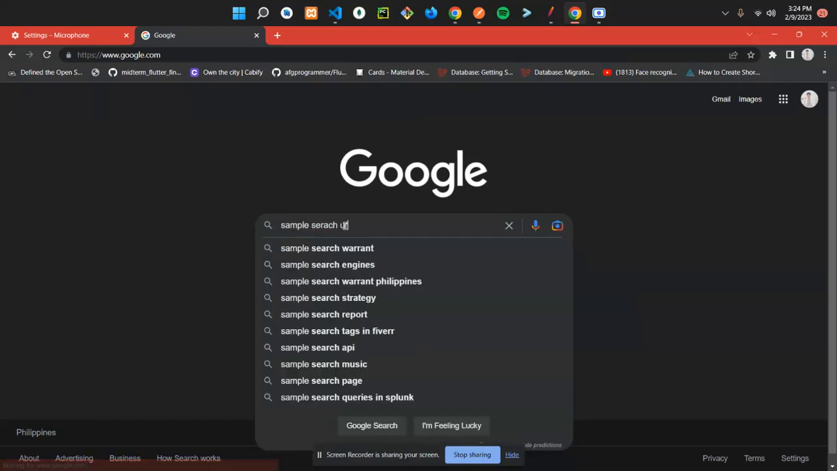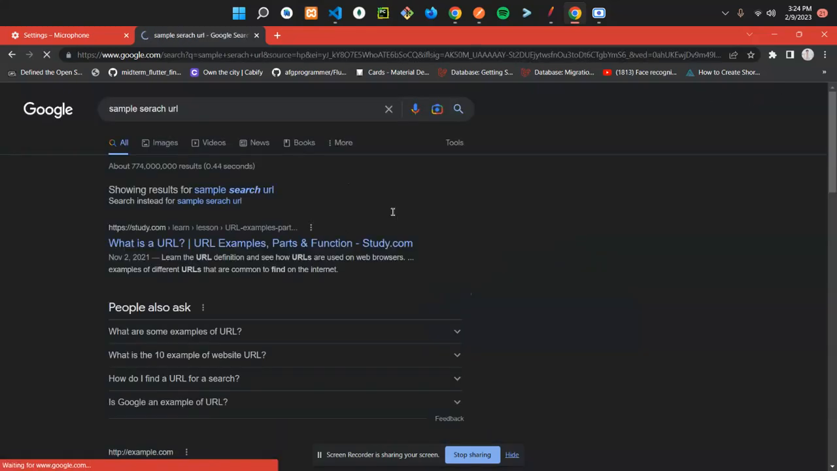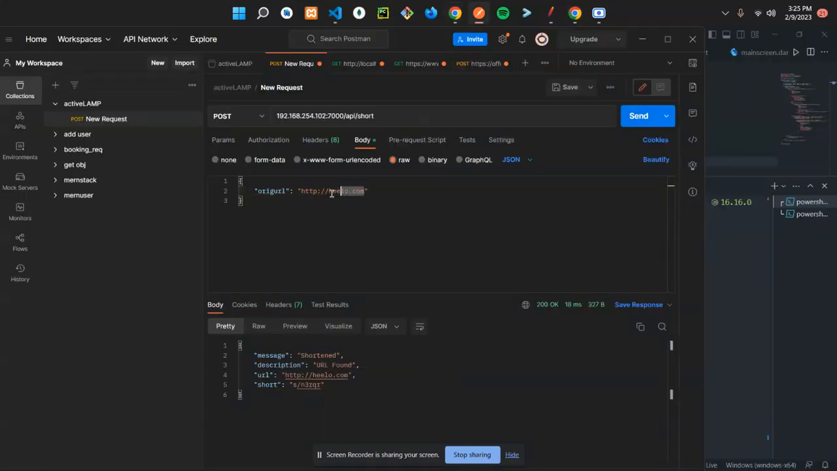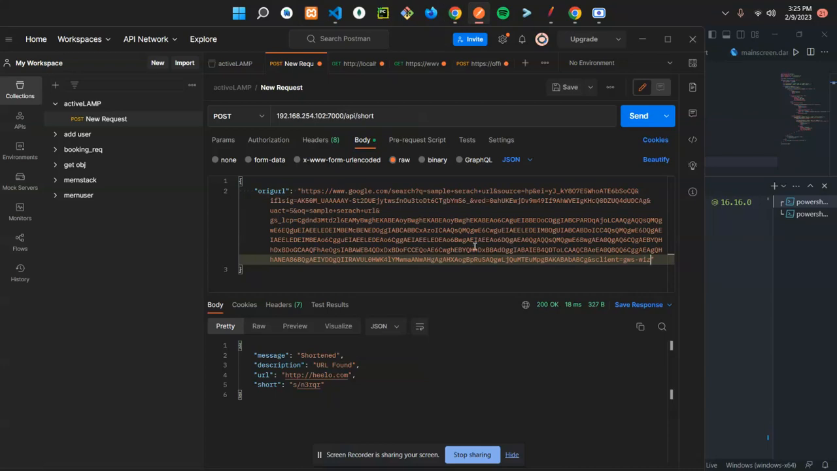Sample search URL. So as you can see here, there's a URL. So we can copy this and paste it here. So there it is. Now if you send this,